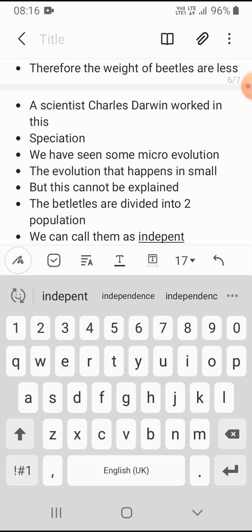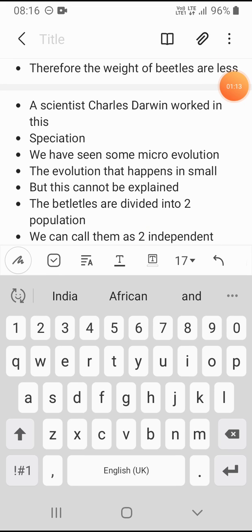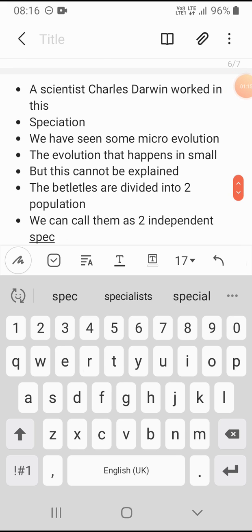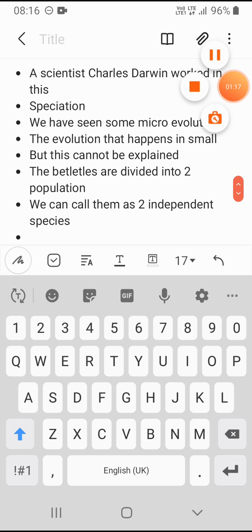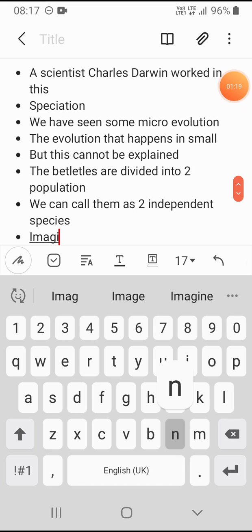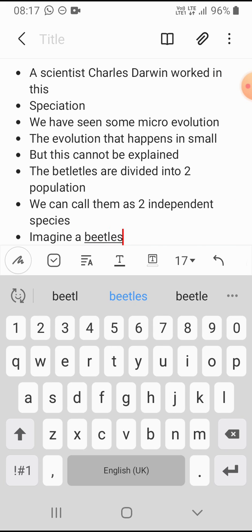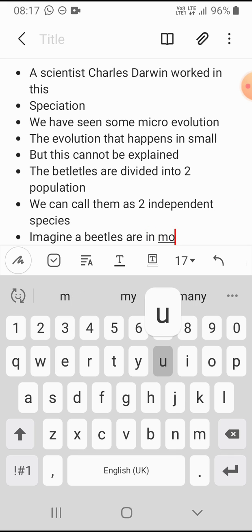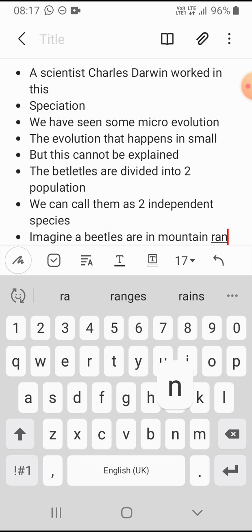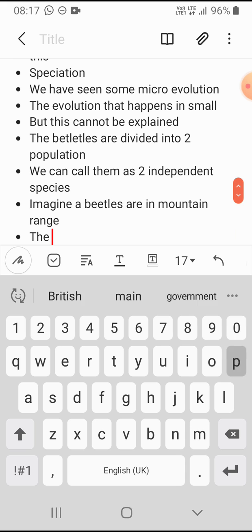Two independent species we can call them. So imagine beetles are in a mountain range. So the population of them